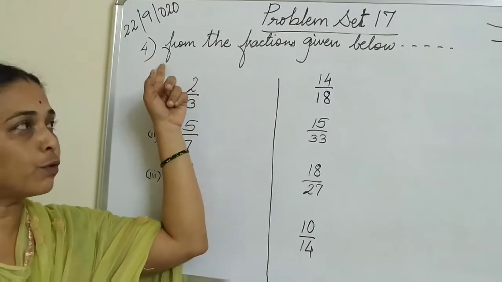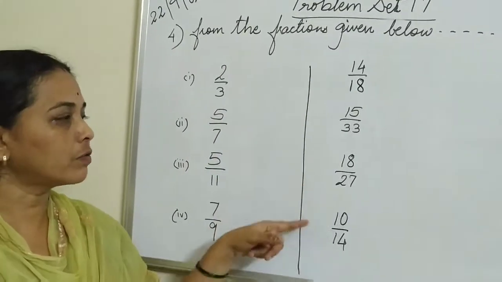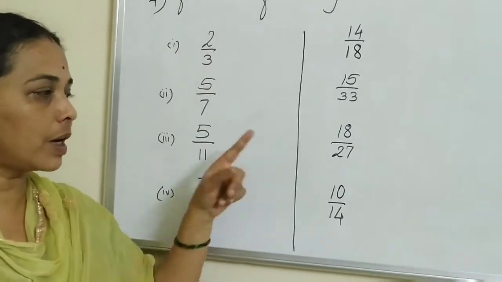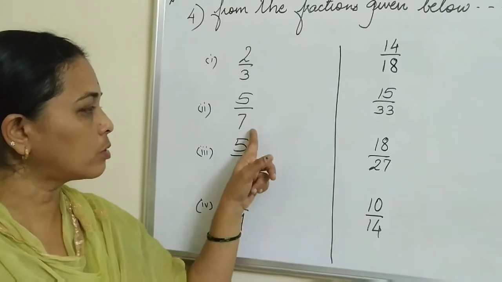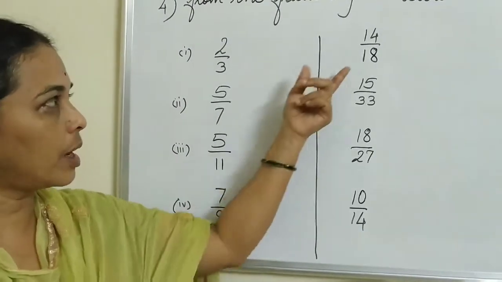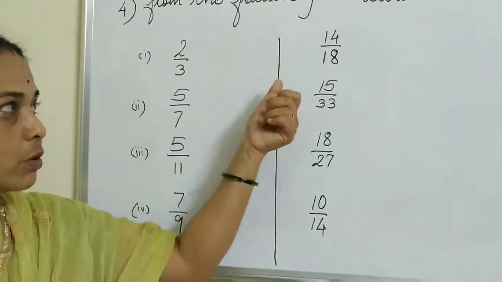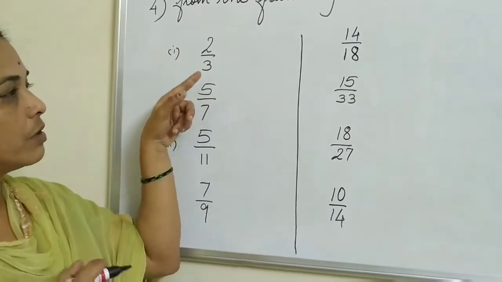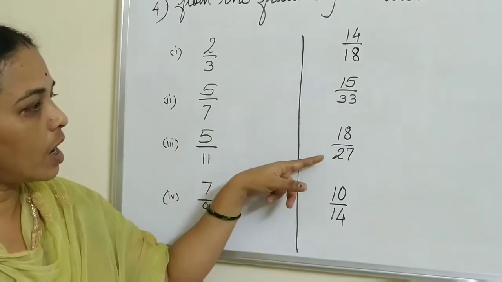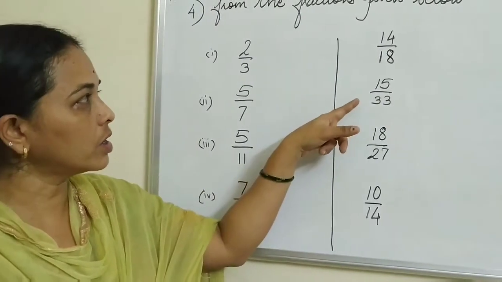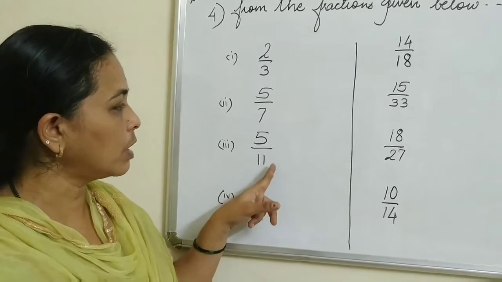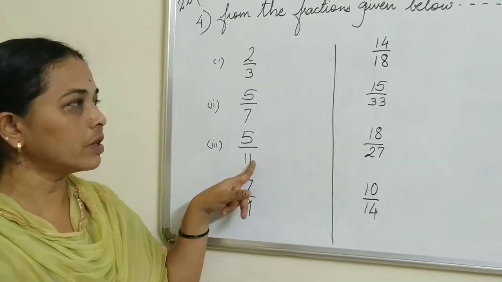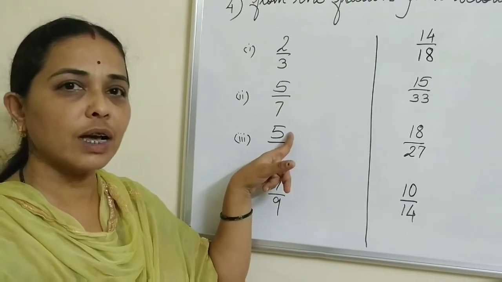See sum number 4. You have to make the pairs of the number. They have given this fraction in a line. Okay. And they have asked you to find the pairs. So smaller fractions, smaller numbers I have written here. Smaller denominators and bigger denominator numbers I have written here. So that we could pair. Okay. So 3 is there. 2 upon 3. You have to see 3 divisible by 3 is 18 also and 27 also. 33 is also divisible by 3. Okay, first we will see 33, that is 5 upon 11. What happens here? 11 3s are 33 and 5 3s are 15.